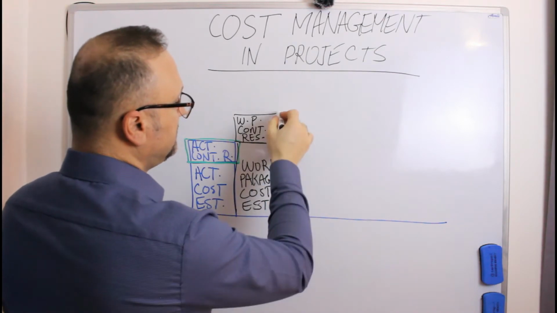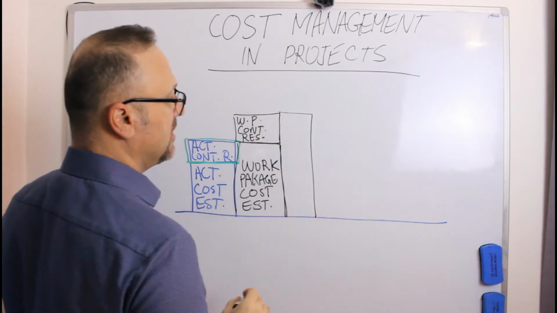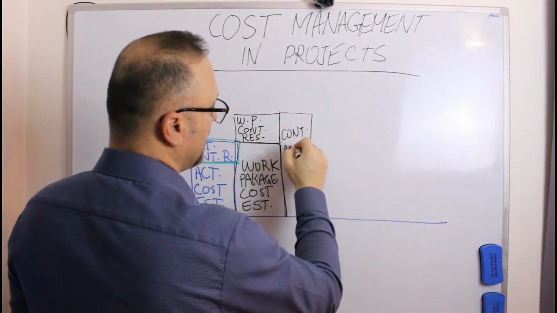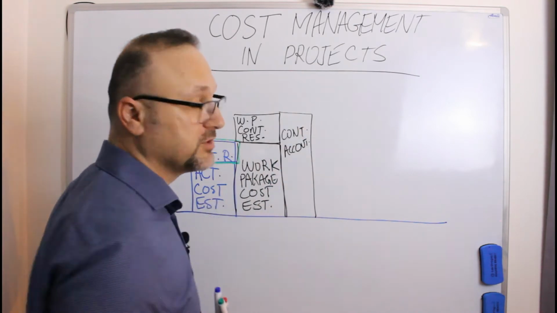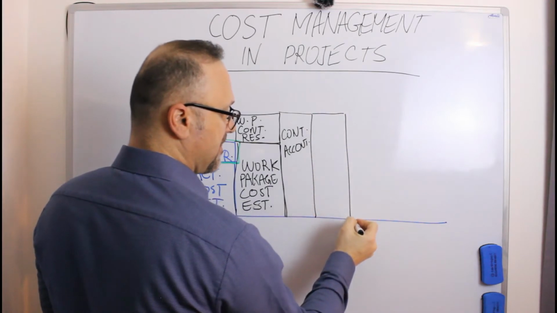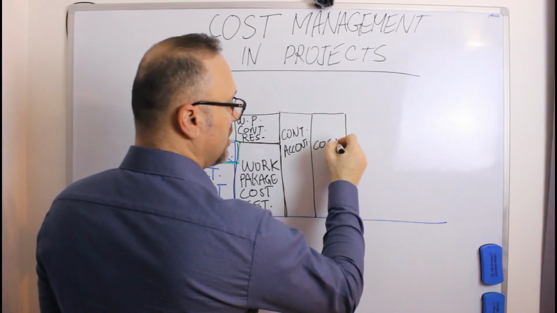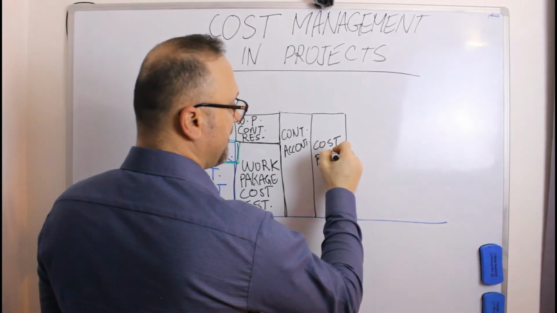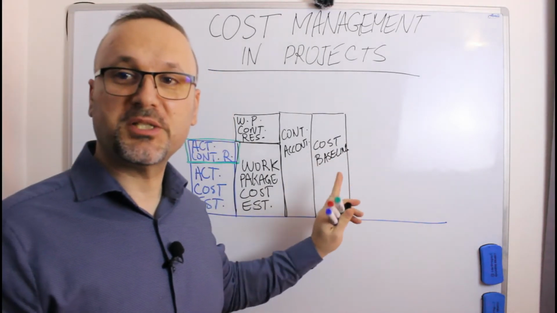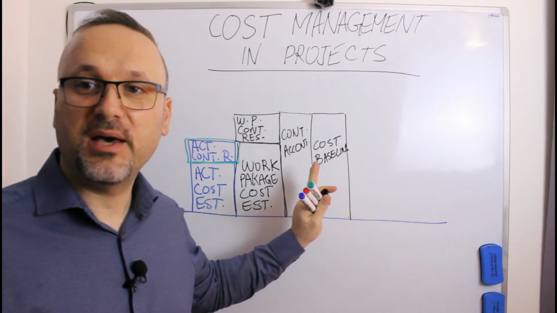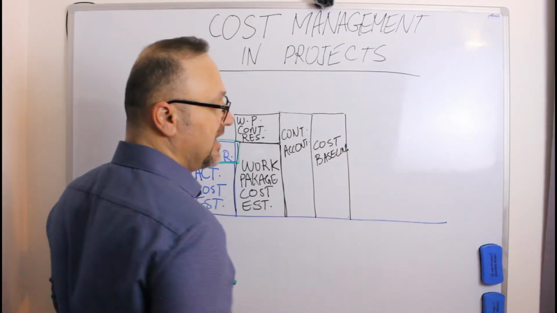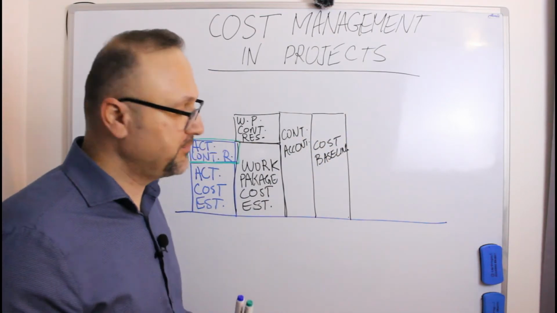Altogether are the control account, and the control account means the cost baseline. This is the cost baseline where we just explained that you have the approved version of your budget. And the cost baseline means the budget at completion. Okay, but